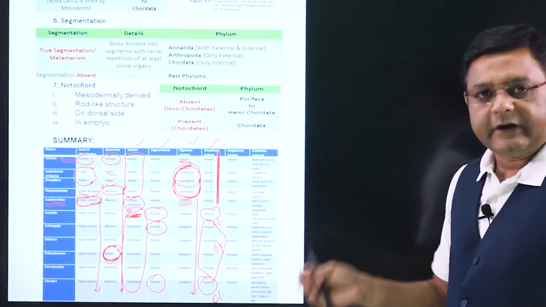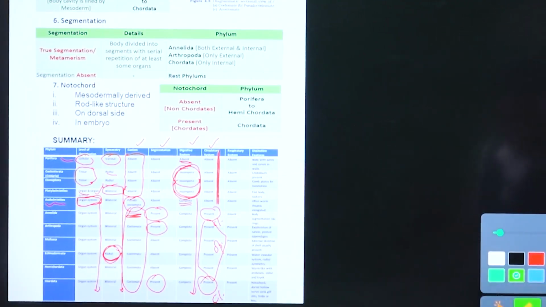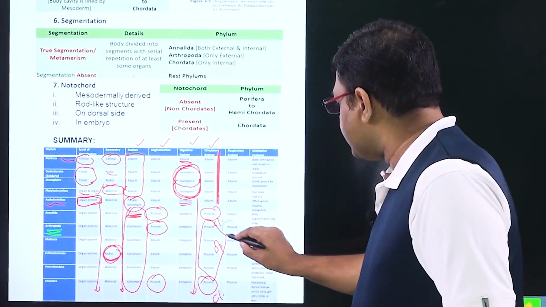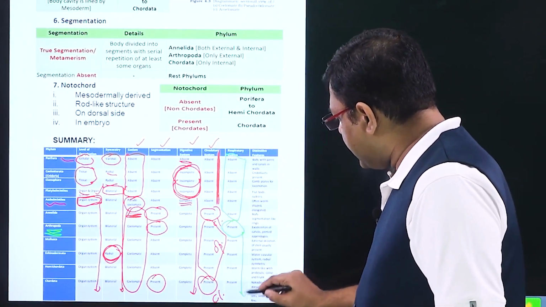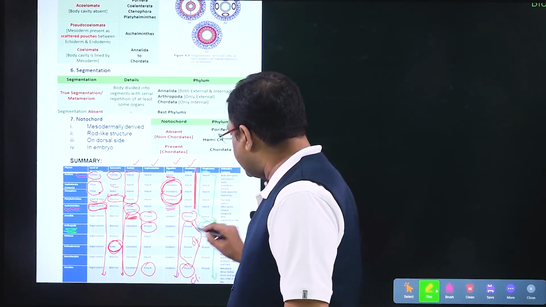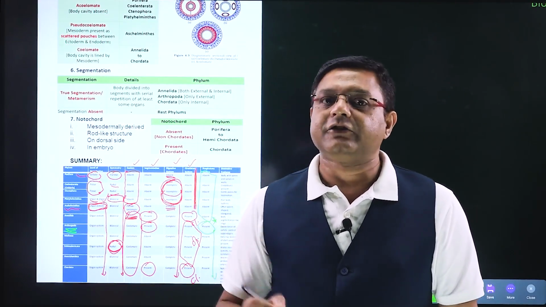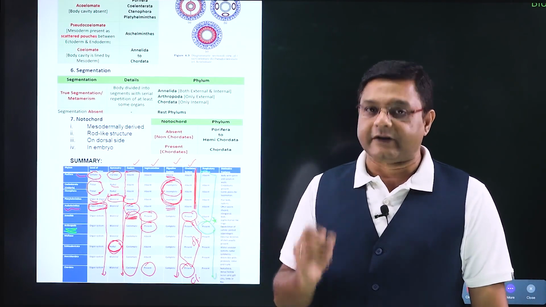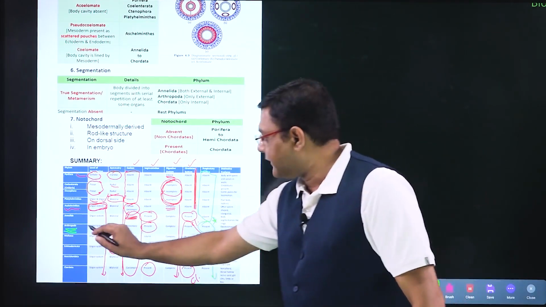Now, let us talk about the respiratory system also. So, the respiratory system is a system which started quite late. The first phylum in which the respiratory system came was Arthropoda, and before Arthropoda, the respiratory system is absent, and after Arthropoda, it will be present. Now, in this case, one point has to be noted: in the case of Annelida, respiration occurs by skin, that is cutaneous respiration occurs, but we do not consider skin as an exclusive respiratory organ. That is why we say that the respiratory system starts from the phylum Arthropoda.